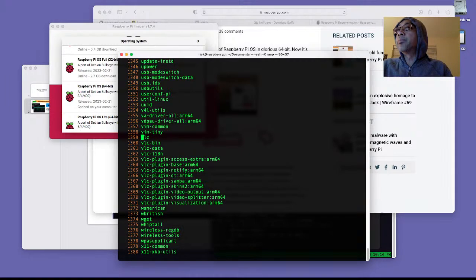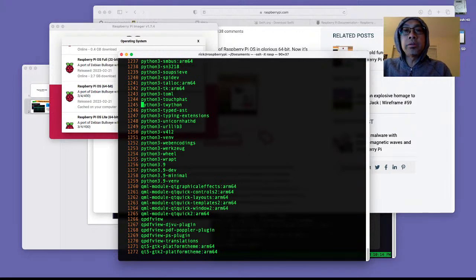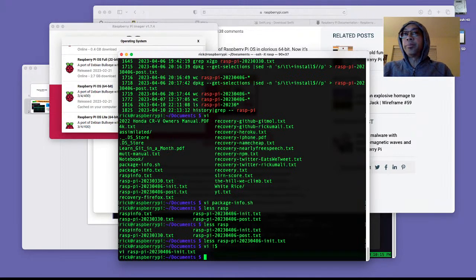What is UUID? What is upower? What is thonny? All of these programs are installed when you get Debian 64-bit for your Raspberry Pi,